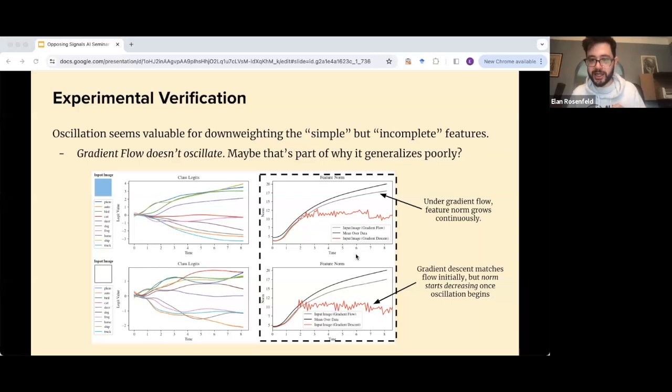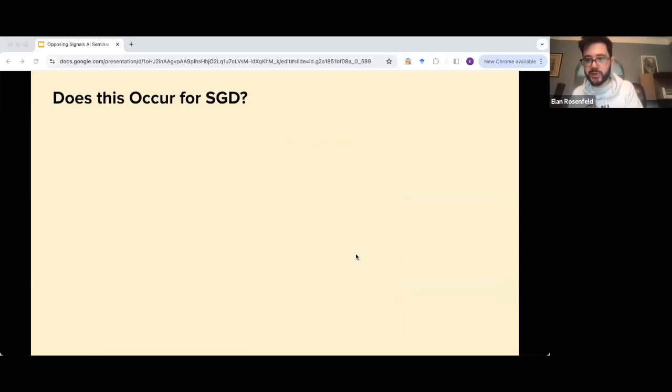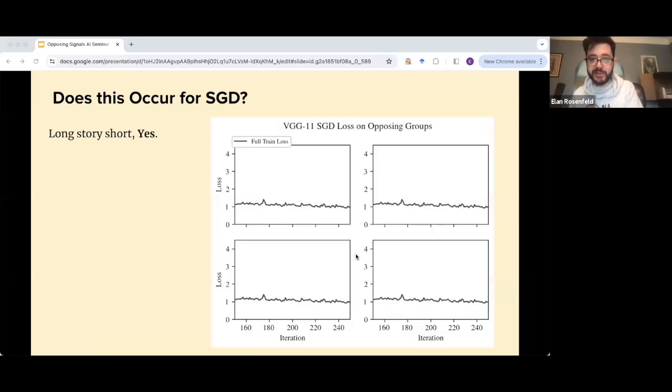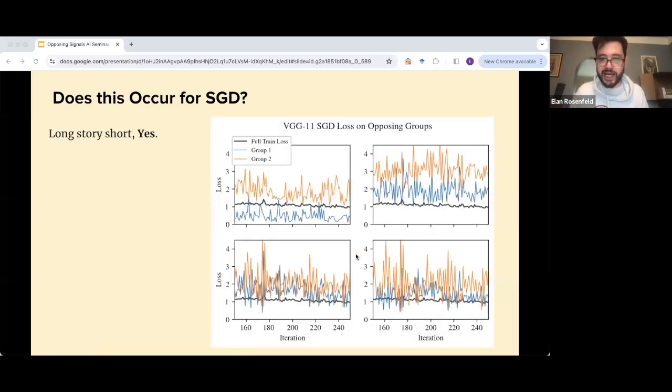And then connecting that to SGD is also a really interesting future direction. As I promised, we do run these experiments for SGD as well. It's much easier to identify the groups with gradient descent. So we took the groups from gradient descent and then tracked their losses with SGD. And you can see that they have substantially larger variance than most samples.